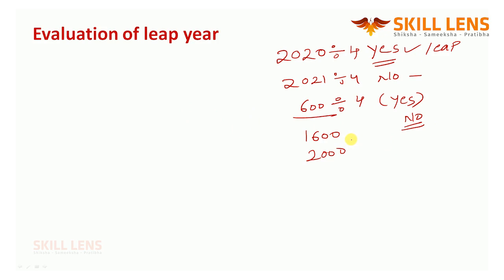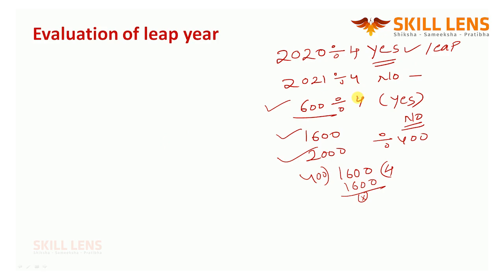Okay, so the point is this. Century years must be divisible by 400, then only we call it a leap year. Is 1600 divisible by 400 completely? Yes. 400 how many times? 4 fours are 16. So I can definitely say it divides by 400. Does 600 divide by 400? No, 600 will not completely divide by 400, but 600 is divisible by 4.